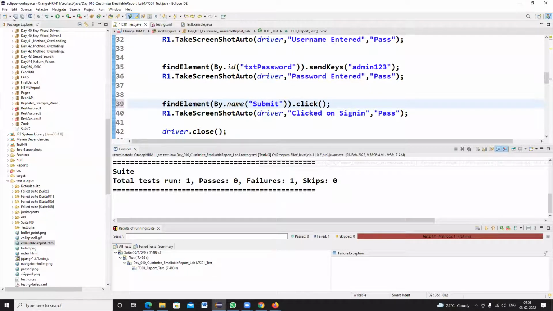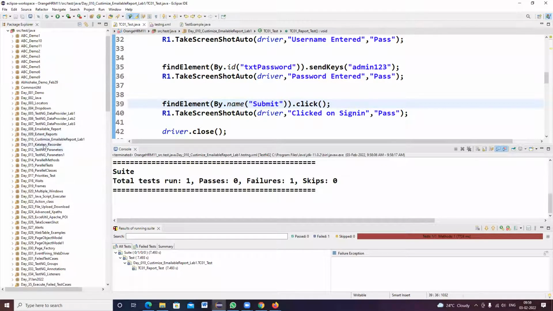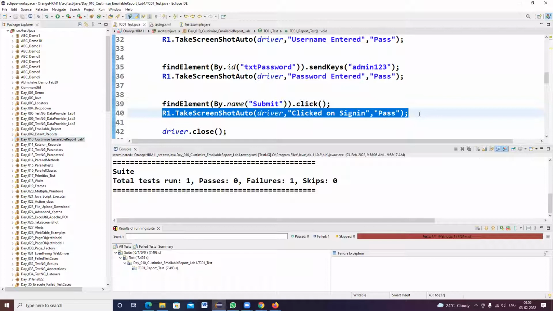So the objective of lab number 8, 9, 10 is this: if you join any project, what kind of reporter class you have to import, how to create the object for that reporter class, and what line of code you need to write a log statement. That is the main point you need to observe.